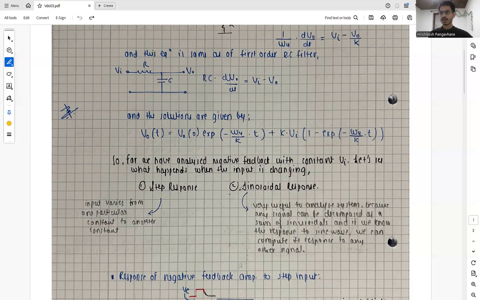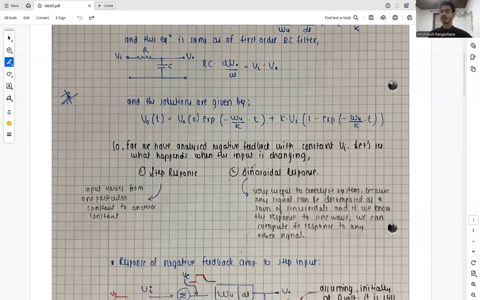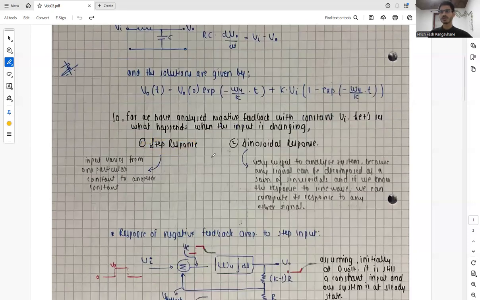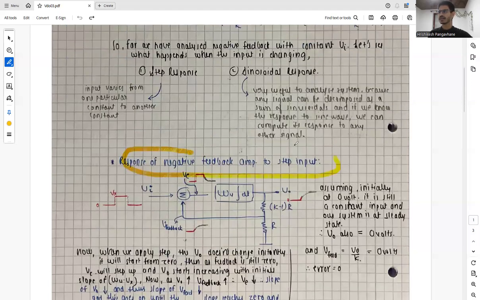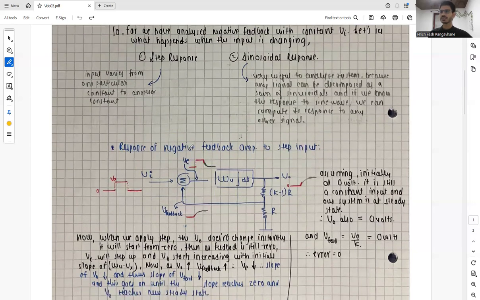In the other kind of response, the sinusoidal response, this is very useful to analyze the system, because any signal can be decomposed as a sum of sinusoids. And if we know the response of our system to the sine wave, we can compute its response to any other signal. So let's start with the step response, and let's see the response of the negative feedback amplifier to